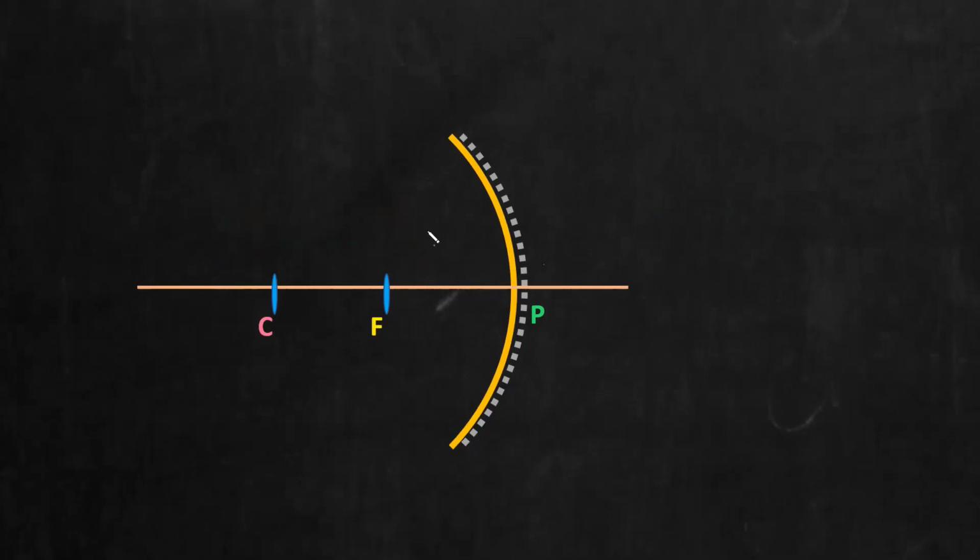Suppose if I draw a large object here, you will be getting the image very far. Very far means it will be difficult for you to contain it in your paper. Now keep this in mind. When you bring the object closer and closer to the mirror, you should reduce its size. I mean height. So these are the general things that you need to keep in mind.